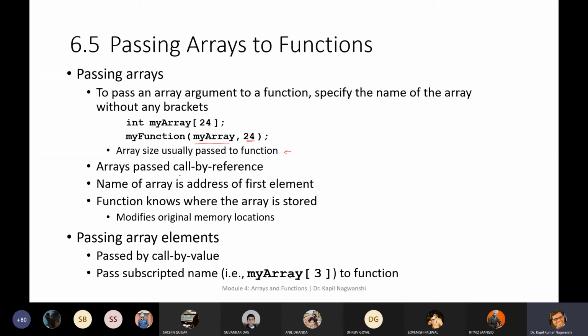Arrays are passed by call by reference. Call by reference means it is sort of a pointer, and there is no trouble to read this statement. We have already done pass by value. So here, call by reference means it will be modified at the address.